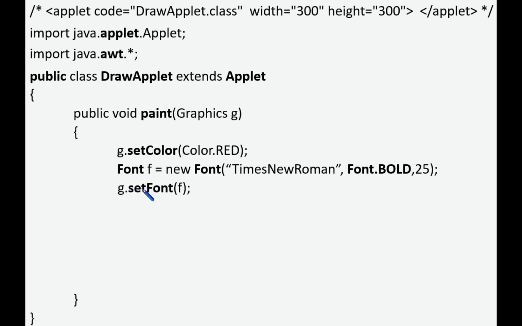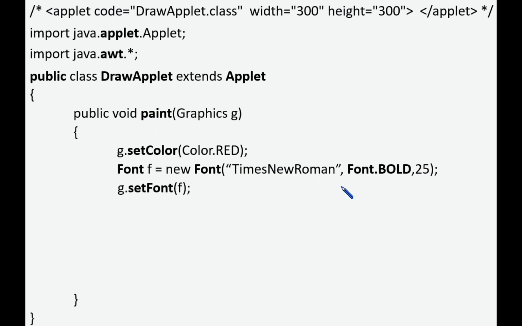So for this, we are invoking setFont method. So for the setFont, the argument will be the object of Font class. So how can you create an object in Java? Yes, class name followed by object name equal to new. What is this Font here? Yes, it is a parameterized constructor. So for this, we are passing 3 arguments. So first is font name, and the second is font style, and third is the font size. So here font name may be any name.